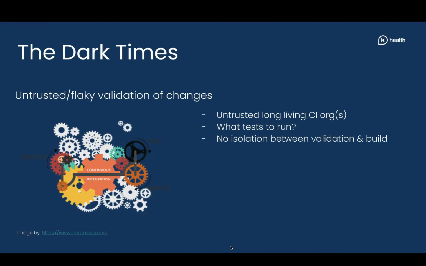So I would call it untrusted and flaky validations, because we didn't have an option to spin up a clean or fresh environment to use for a specific change, right? At that point, we had the integration work, and I think many of you encounter the same situation. You have some CI org or several CI orgs which are sandboxes, and you prepare them and then you use them maybe in a random way, or if there's only one, you just use one org for validation, and then once validated, you also do your